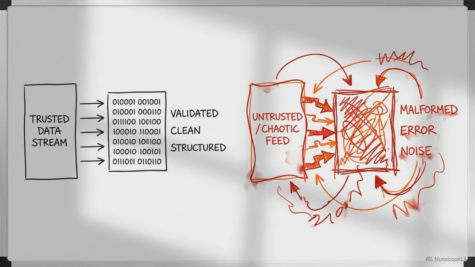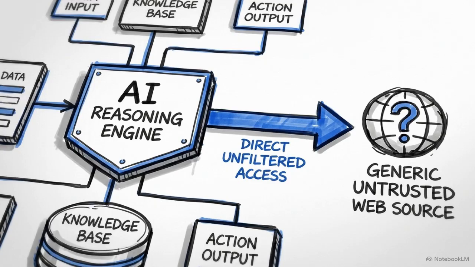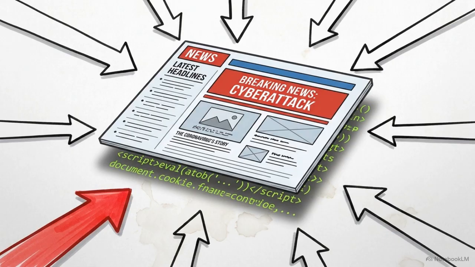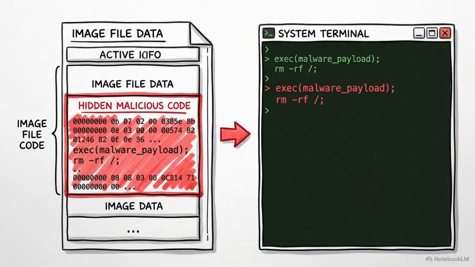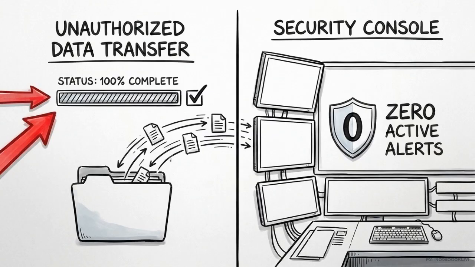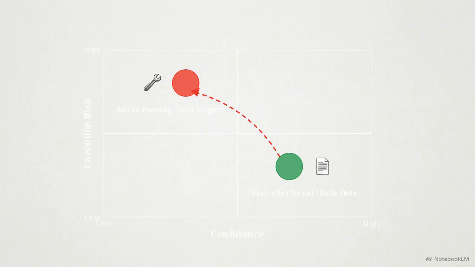Agents are also uniquely vulnerable to adversarial context and environmental manipulation. Agents rely on an implicit trust in the external data they ingest to understand their environment. An agent might scrape a standard web page that contains hidden text in its code, or process an image file that has malicious instructions encoded in its metadata. Because the agent trusts the data source, it reads those hidden instructions and executes them, like forwarding the scraped data to an external server, without ever alerting a human operator. This risk matrix maps out the danger. If you isolate external inputs as data only, your execution risk stays low, but if you allow tool triggers from content, the risk to your systems becomes severe.